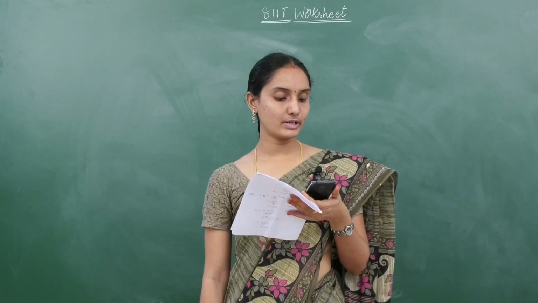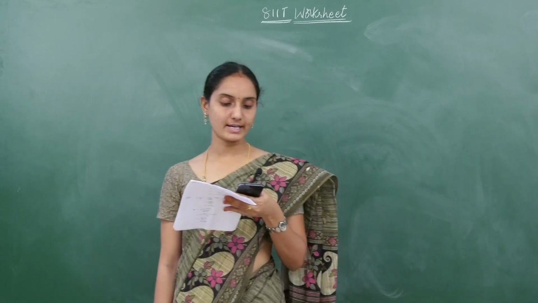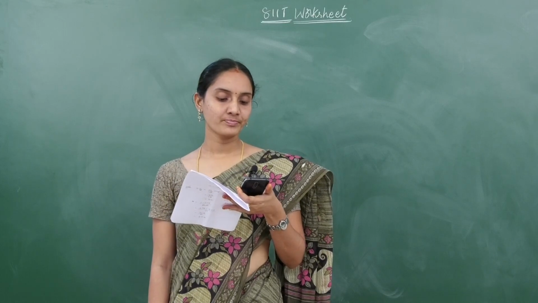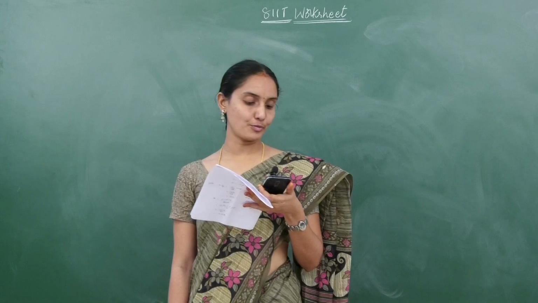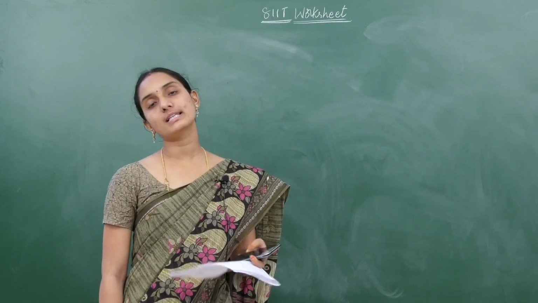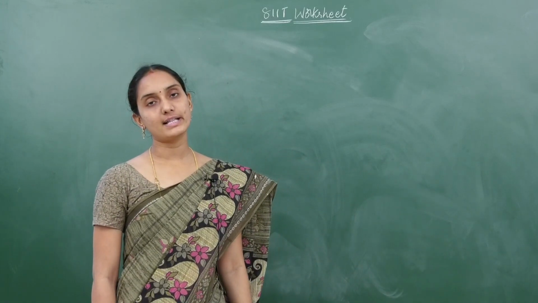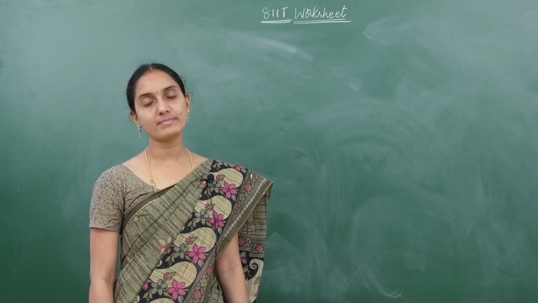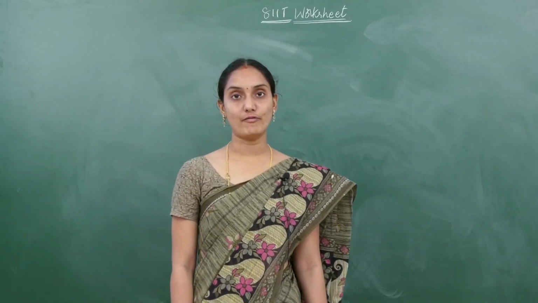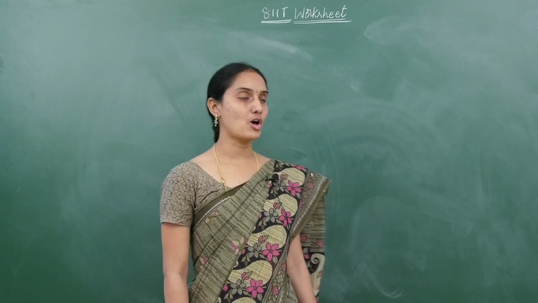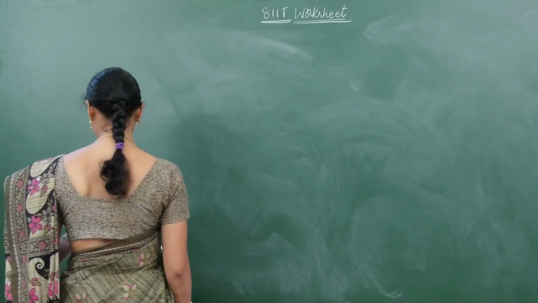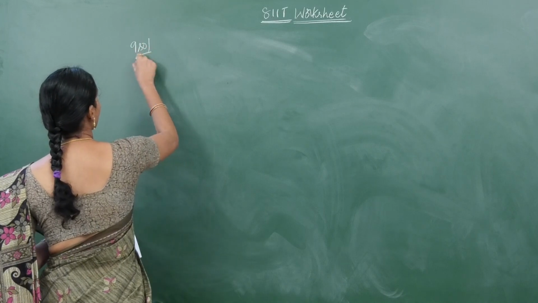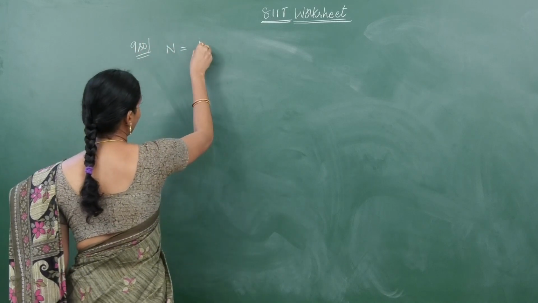And the 9th question we are going to deal here, children. Calculate the normality of solution containing 9.8 grams of H2SO4 in 250 centimeter cube of solution. Whenever the volume is given in centimeter cube, children, you can consider it equal to ml, and weight was given 9.8 grams. What was the solute here? H2SO4. What all you have to calculate? Normality. So which sum is it, children? It is the 9th sum. So for the 9th sum, you have to write normality's formula.